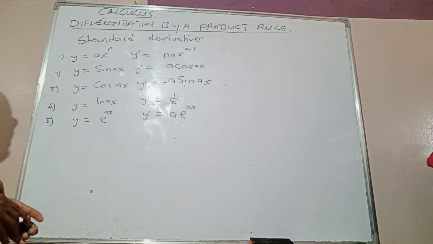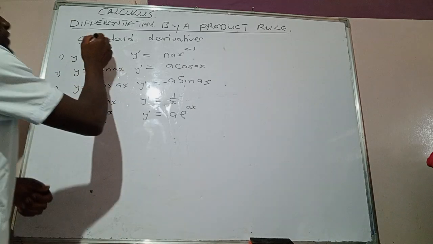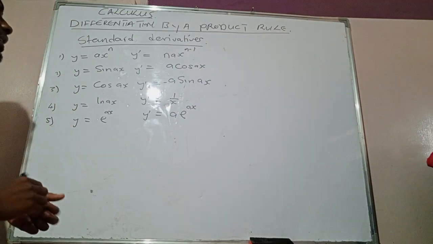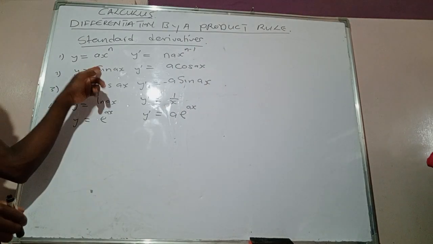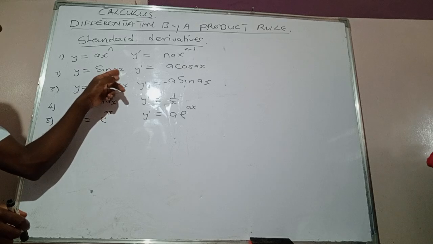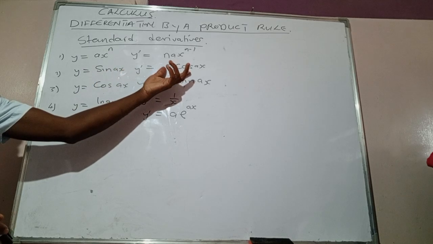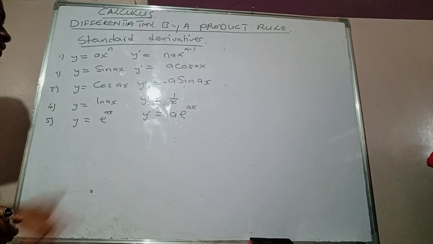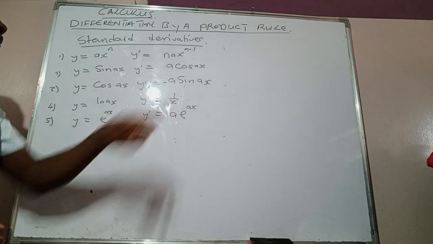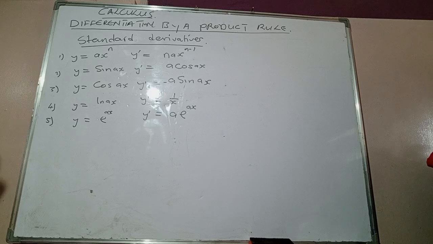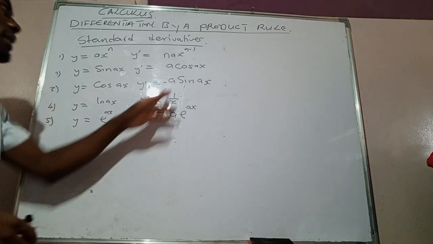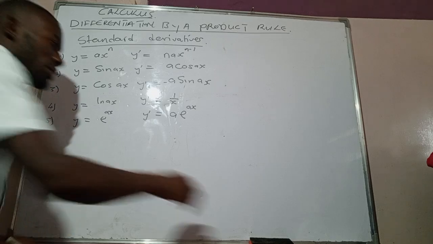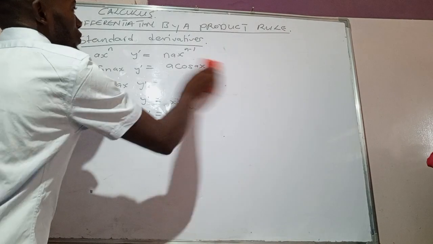Okay, so these are some of the standard derivatives that we are going to be using as we go further on. So whenever you have sine ax, when you differentiate it, you are going to have a cos ax. When you have a cos, you are going to have the negative a sine ax. This a is representing a coefficient. Okay, so let's now go straight into